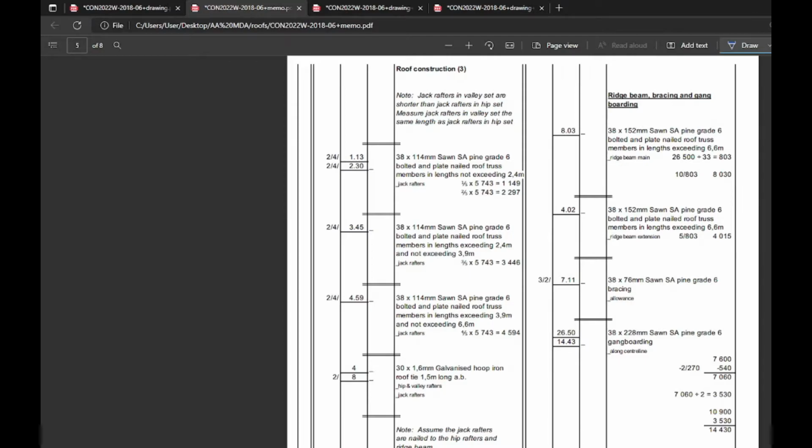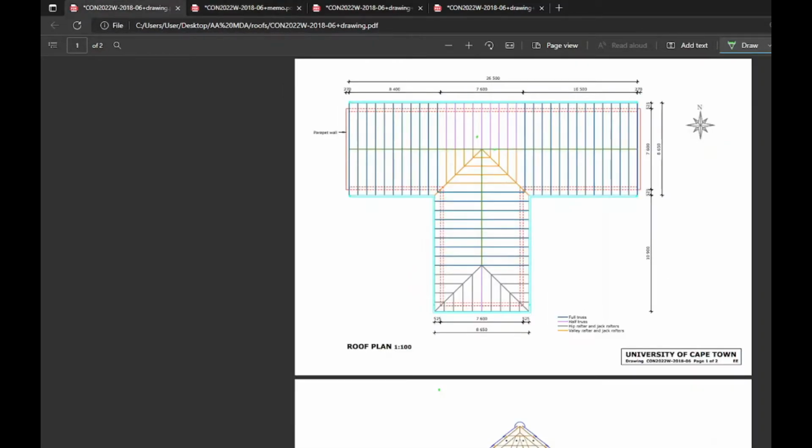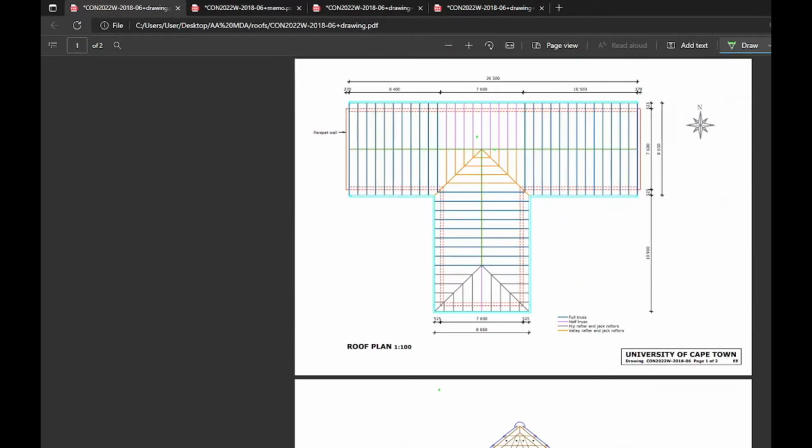Jack rafters. Okay, the jack rafters, thank goodness there's less mass involved here, really. This division by 5 works, and I think it works in every scenario, regardless of what this angle is. We have a 45-degree angle at the moment, and I think it might apply to all angles, but I'm not sure. This one is a 1/5